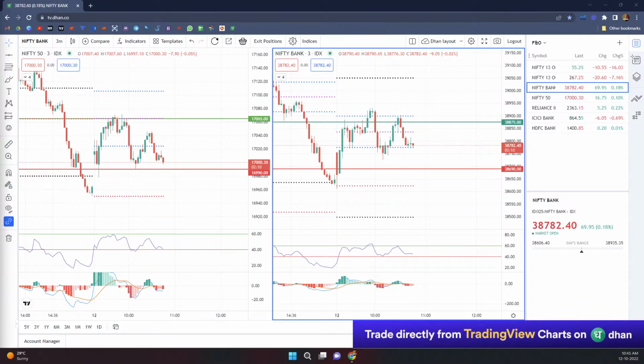Now, what is the reason for it to trade at a premium? Someone is buying the Bank Nifty futures even at this level, thinking that by the end of the expiry, the spot, which is trading at 38,785, will come to this level. Otherwise, why would someone buy it at 38,884? The spot is expected to go to this level. That's the reason someone is buying it. If he's buying at this level, he's expecting a further up move. Why? Because he has to book profits, right? If he's buying at this level and the price is going lower, do you think he will be able to make money? No. That's the reason he's buying at a premium.